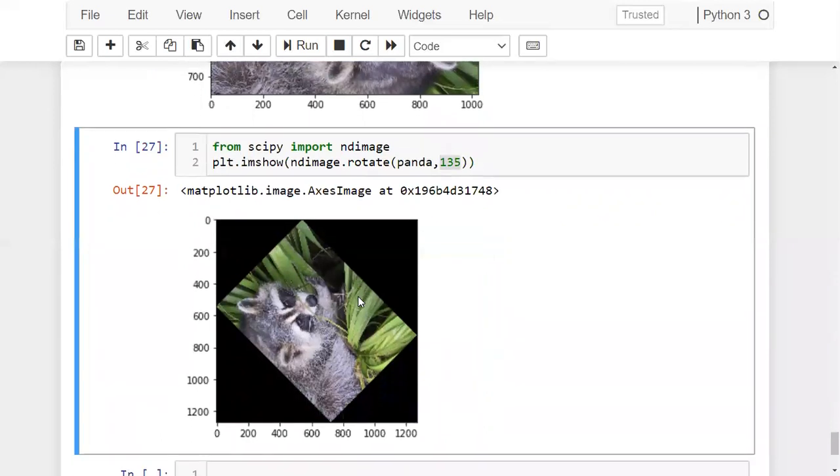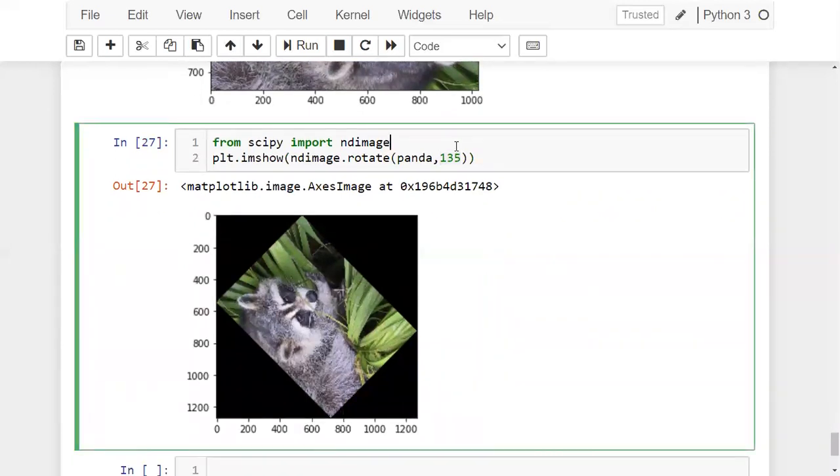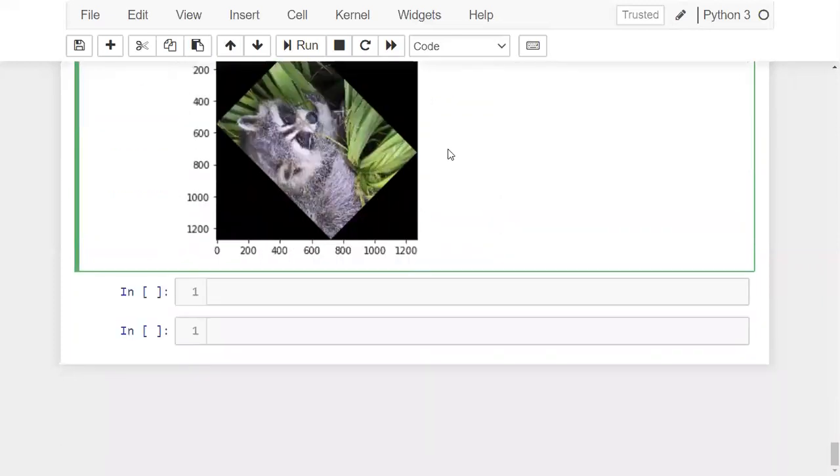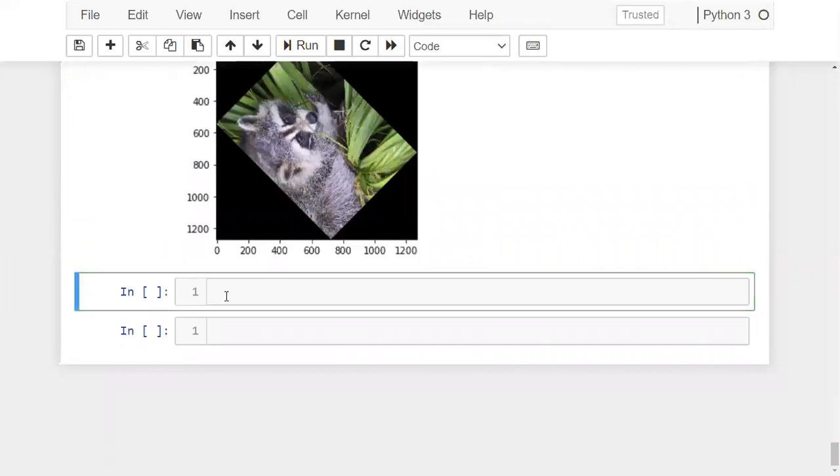These are the basic operations which you can perform with your SciPy package using ndimage and misc. Not only image processing, you can work with files also. Now we'll discuss the file input and output package.